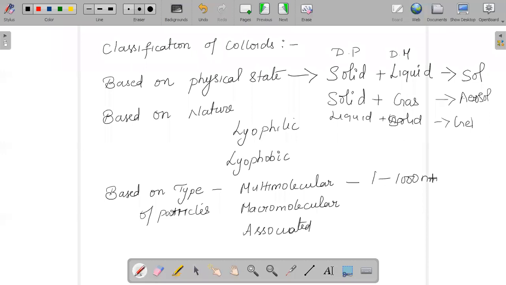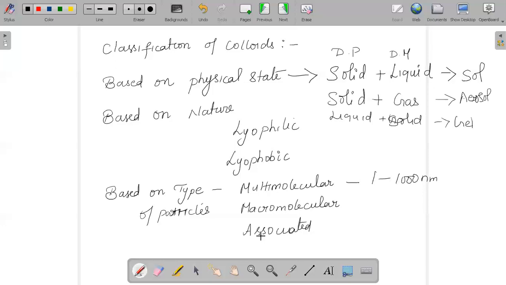In the same way, when we talk about macro, it's of course large. A substance with large molecules is dissolved in a suitable solvent in order to form a solution. These macromolecules must be in the colloidal range. So these solutions are called macromolecular colloids, and they have certain resemblance to true solutions in many ways, like starch, cellulose, and proteins, which are natural macromolecules.